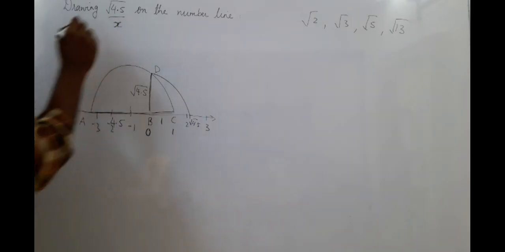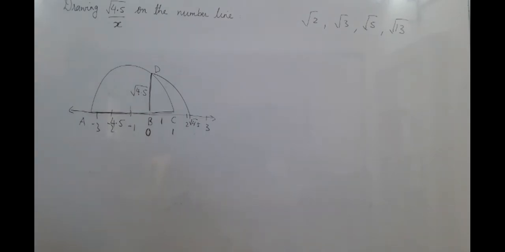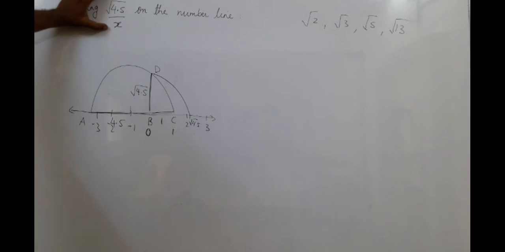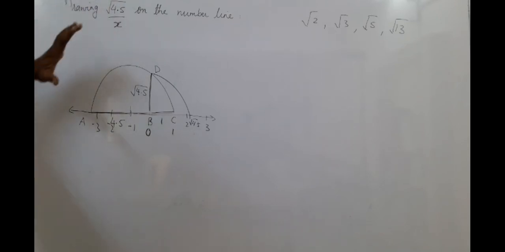What will you call this number? X. Okay? So we are going with the theory now. I have drawn root 4.5 on the number line. The textbook will have different sums, drawing root 7.2, root 8.5, root 2.5, root 3.2, whatever. Now I am telling you how we derive the formula. We will try to understand. It is not important, but it is very good if you understand.